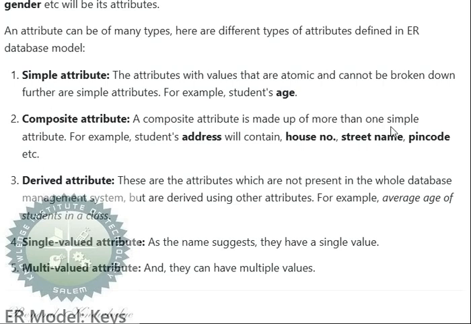The simple attribute cannot be broken further. For example, student's age. A composite attribute is made up of more than one simple attribute. For example, address contains the pin code, street name, house number. Derived attributes are attributes which are not present in the database but are derived using other attributes. For example, average age of